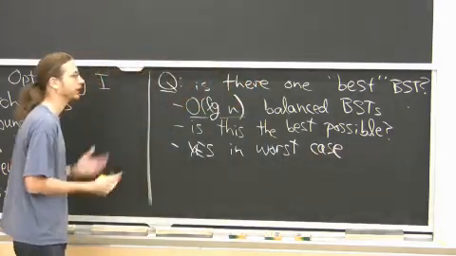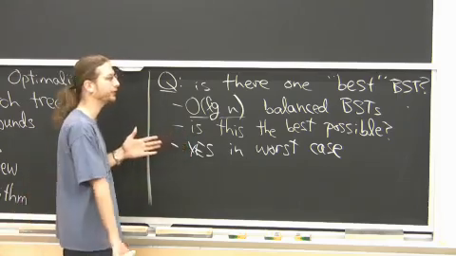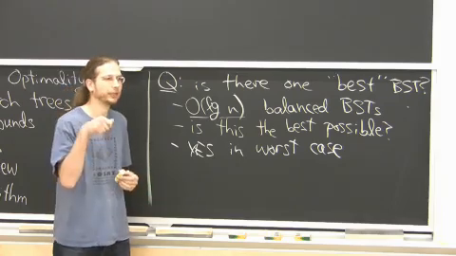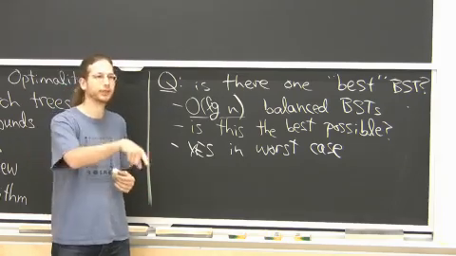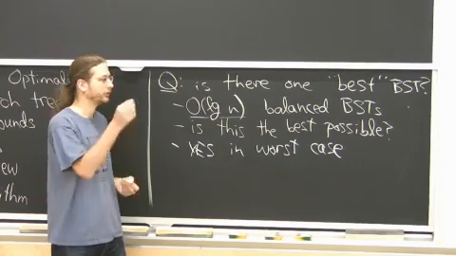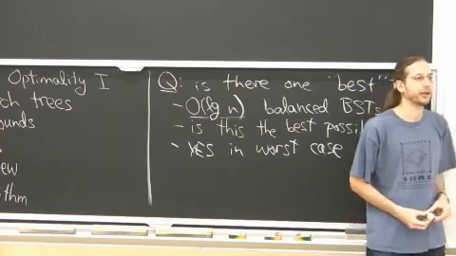Why? Because your tree has to have depth at least log n if you're going to store n things in it, and it's binary. So your adversary could always just look at your tree and say, I'm going to pick anybody who's at log n depth or lower. And if you're going to start at the root and walk left and right to get there, you're going to have to pay log n time every single